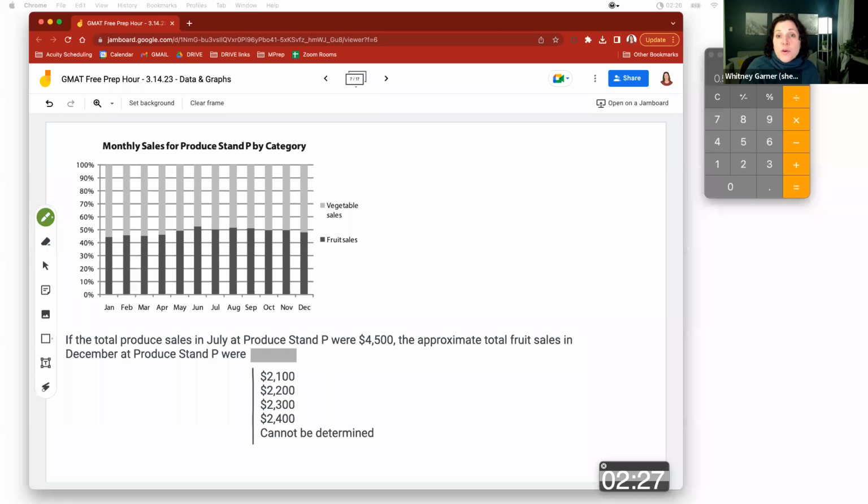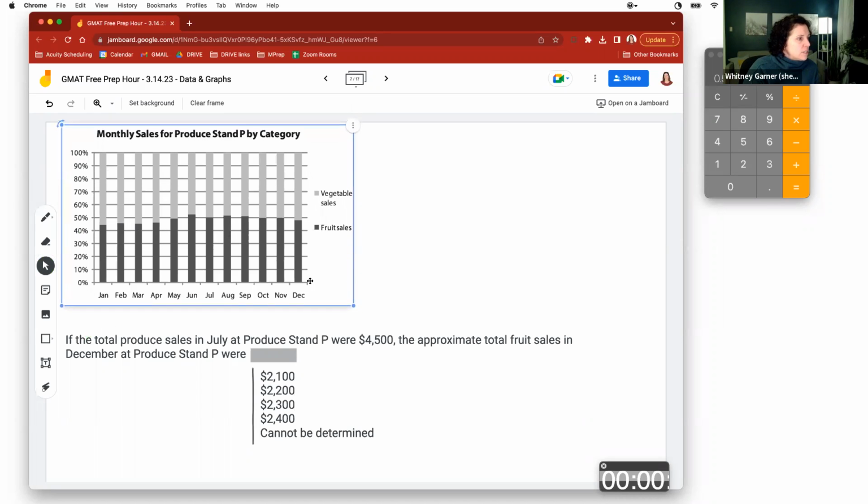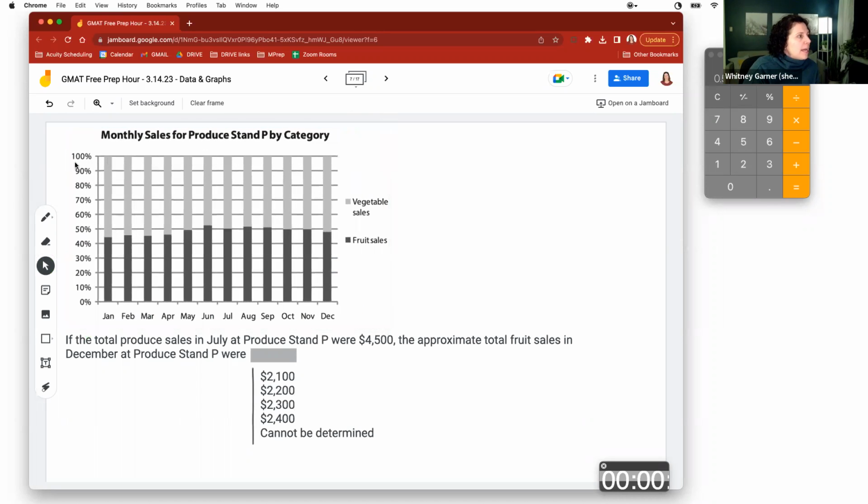All right, so notice that on first glance, this appears to be a bar chart. However, it's a bar chart that's really talking about percentages. And so if we look at 100% of sales, and let me zoom us in just a teeny bit more. If we look at 100% of sales, you might say, all right, I'm going to pick one of my bars, this month. So July